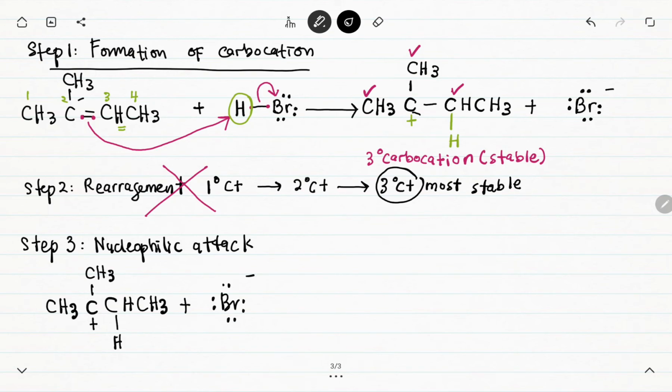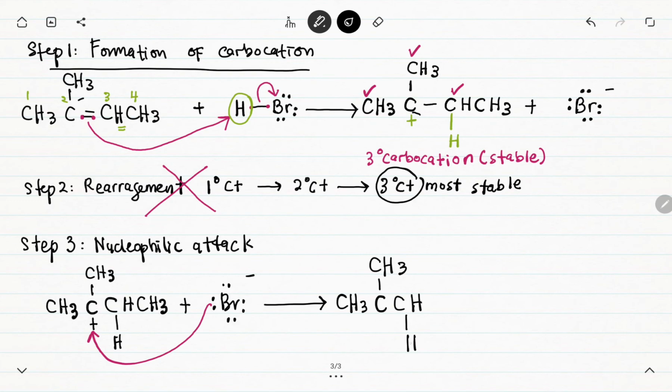So the process involved is addition. We must add all the species inside the reaction. So your arrow must come from one lone pair of the bromine and attack the carbocation. This means bromine is added to the compound. So the product formed is CH3, CH3, CH, and this is the first hydrogen added, and this is the other species added. So this becomes CH3. This is our finalized product.